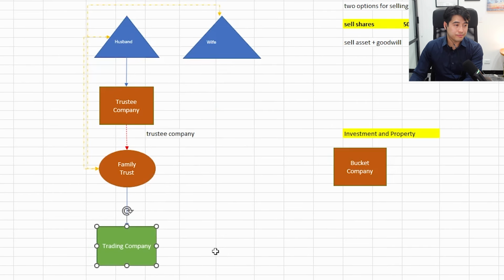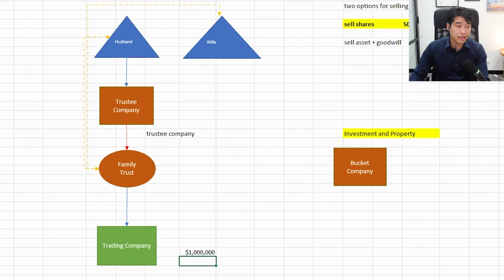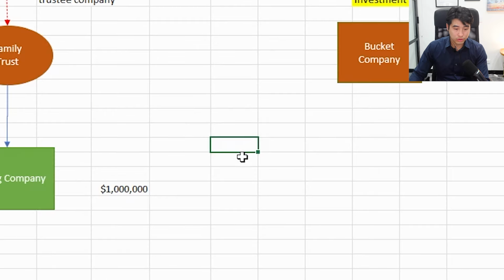So what happened is that, let's just say it's a cafe. The cafe owner decided, I'm going to sell the business and I'm going to sell it for $1 million. They've got two options. One is they sell the business in the trading company. That means that it's getting sold inside. And then where does the capital gain and the stamp duty and GST get applied, as opposed to option, let me write this out. Option 1, sale of asset. And then option 2,